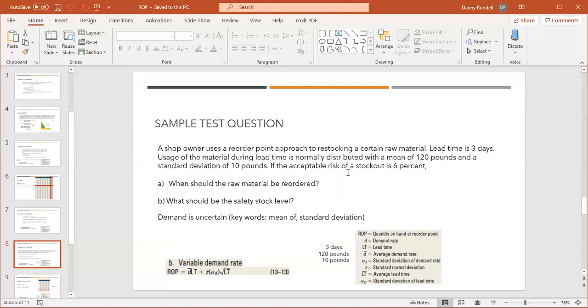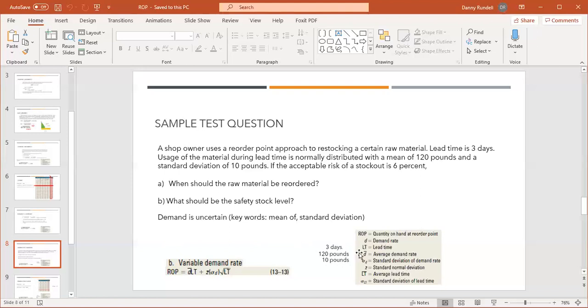So if the acceptable risk of a stockout is 6%, you have to pay attention to that risk percentage because that's what helps you find the Z value. But if the acceptable risk of a stockout is 6%, the questions are: A, when should the raw material be reordered? So what's the reorder point? That's what this question is asking. And B, what should be the safety stock level? So keywords for identifying demand as uncertain are "mean of" and "standard deviation." Those are words that clue you in